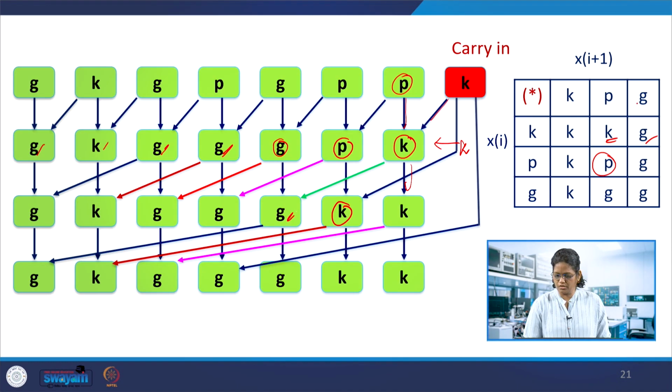Similarly generate and P, the I was P and then generate was I plus 1, which also gives generate. So here generate and generate would give generate, skipping 1, and then this skipping G and K gives K, generate and generate, this skip K and G.